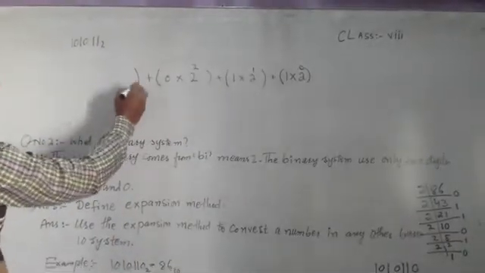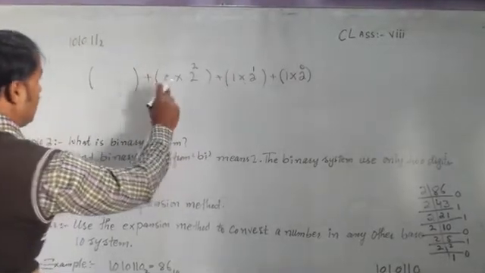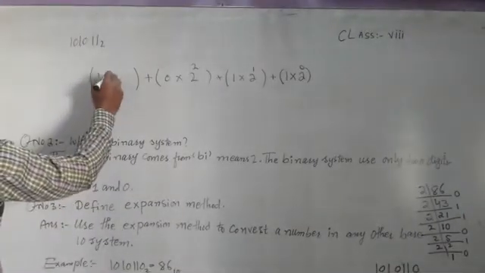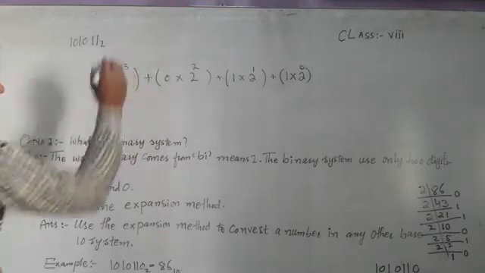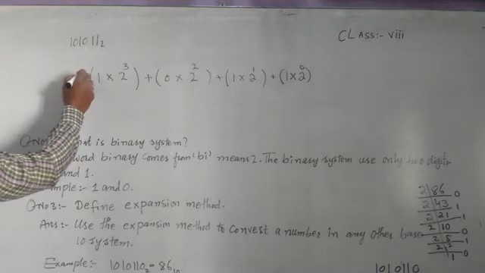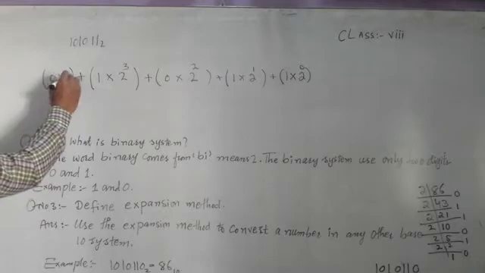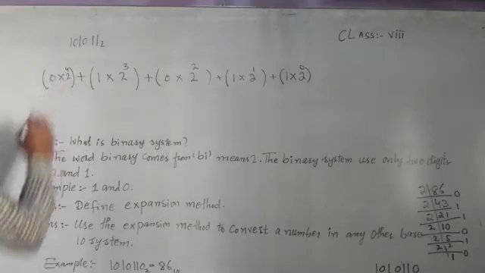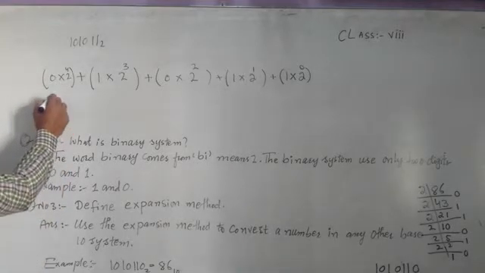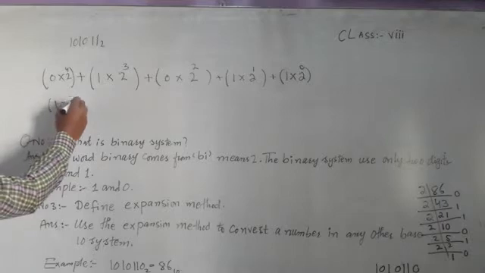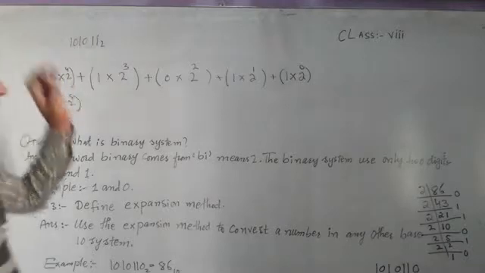Again give an addition sign and start the bracket. Now 1 has been completed, 0 has been completed. Now 1 is here, so write 1, give the sign of multiplication, 2, and above 2 give 2; after 2, 3 is coming, so we give 3. Okay, now this one has been completed. 0 multiplied by 2, after 3, 4 is coming, so above 2 write 4, and down I am writing 1 multiplied by 2, above 2 which number will come? 5 will come. Till here it is completed.